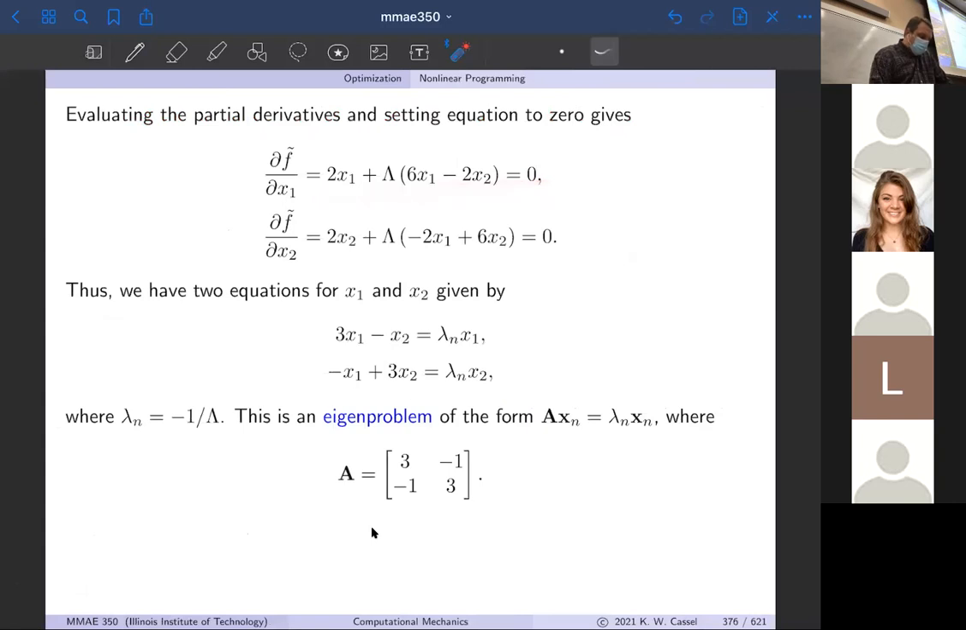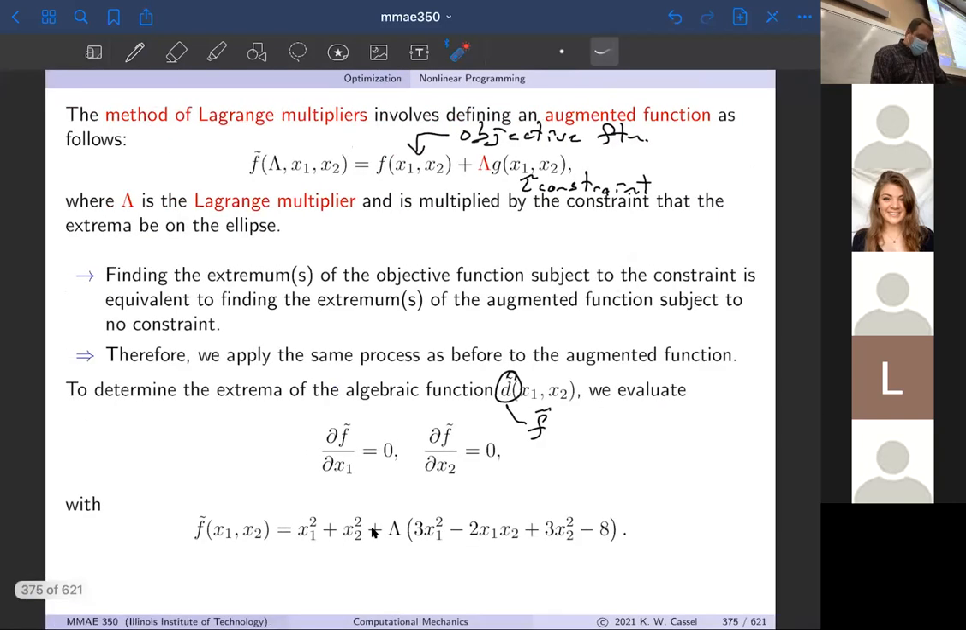Then we do the same thing, partial f tilde, partial x2, sorry, this one. No x2 here, so that's 0. 2x2, no x2 here, minus 2 lambda x1